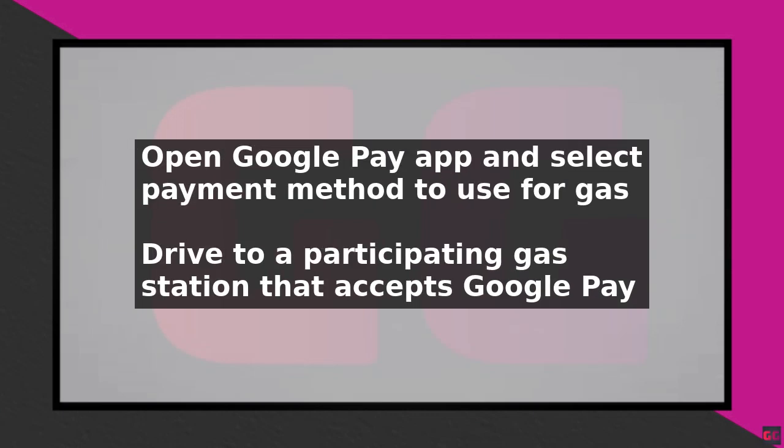Then, select the payment method you want to use to pay for gas. You can add a new payment method or use an existing one. Next, drive to a participating gas station that accepts Google Pay. Look for the Google Pay logo or contactless payment symbol at the pump to confirm that the station accepts Google